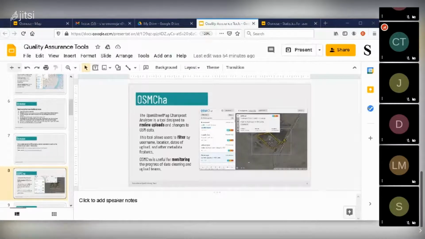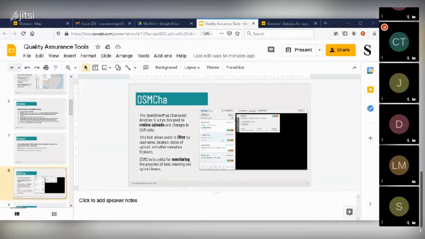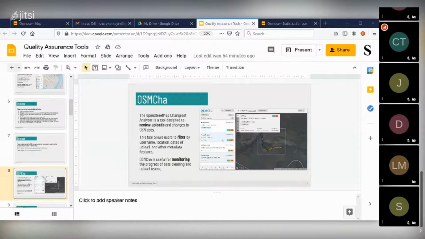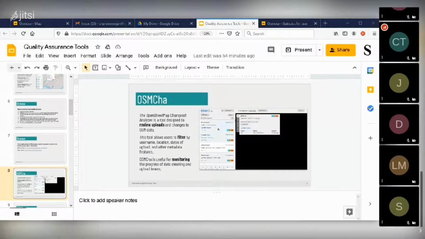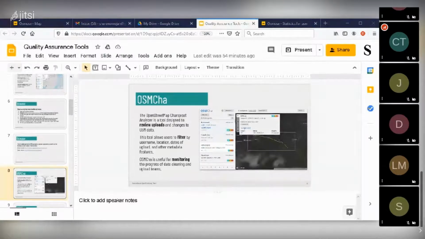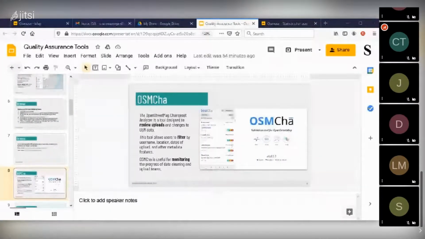Yes. So it's a tool that is designed to review uploads and changesets to OSM data. OSMCHA allows you to filter errors by username, location, dates of uploads, and other data features. So it is useful for monitoring the process of data cleaning, and also uploads, because